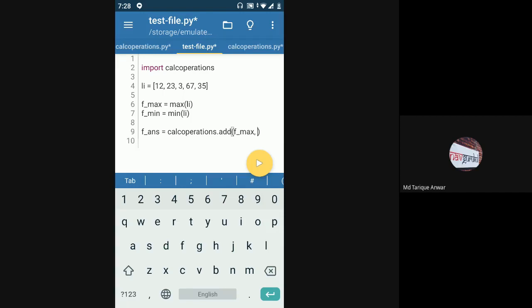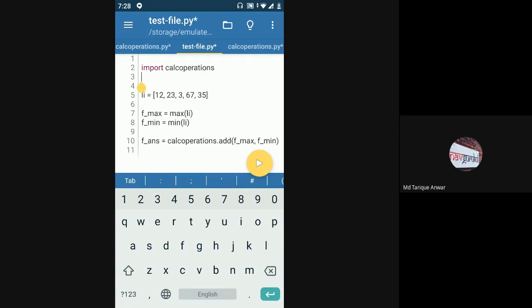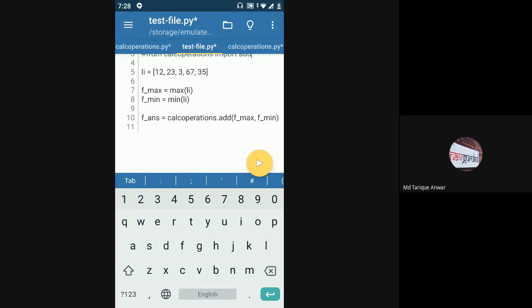Instead of doing that, I can put it as from calc operations import add. This should also work. Just going to comment it out for now. So let's try to run this. Print f ans.